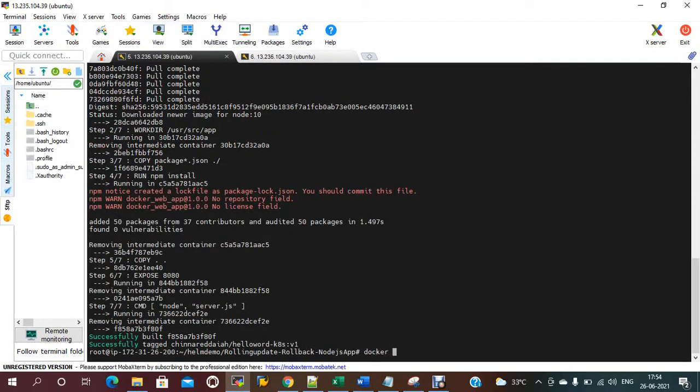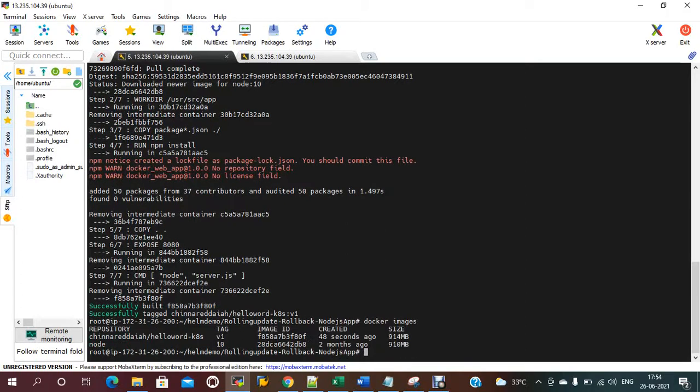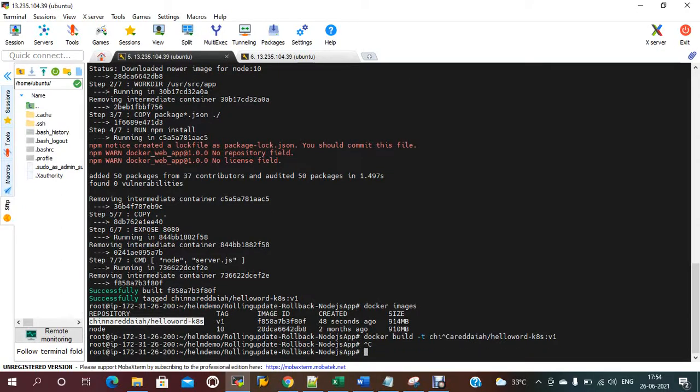If you check docker images now, there is an image generated, hello world Kubernetes. I need to push this image to Docker Hub. Docker push. Before that, I need to log into Docker.